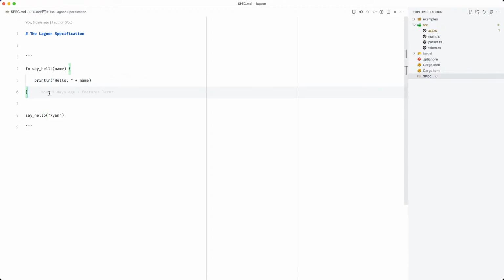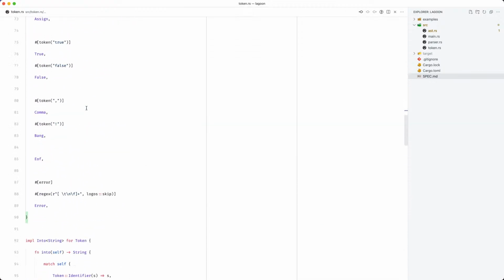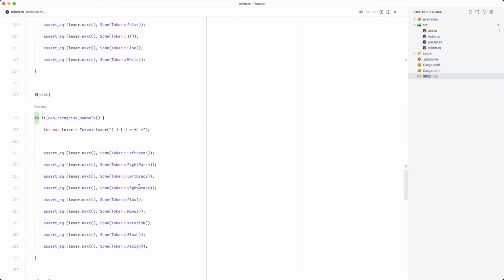But it draws a lot of inspiration from Rust, JavaScript, PHP. So we did some tokenization, turning a string of text like this into some sort of meaningful value. In this case, it's an enum, which represents the tokens.